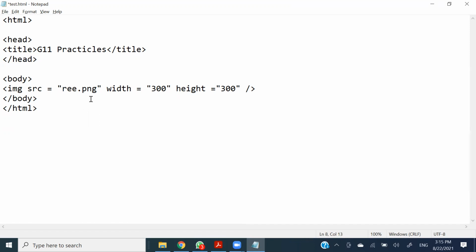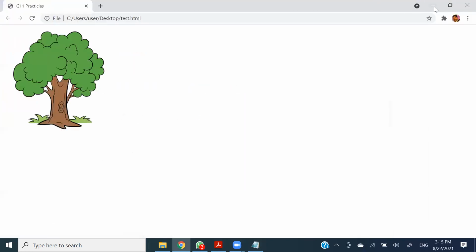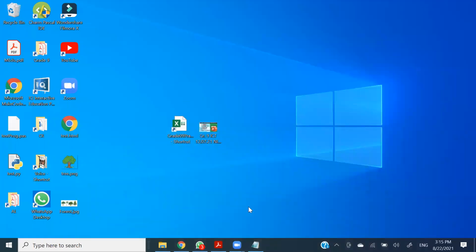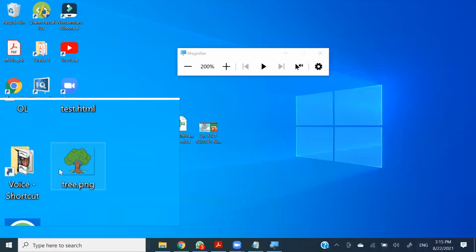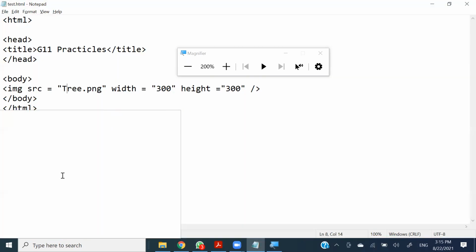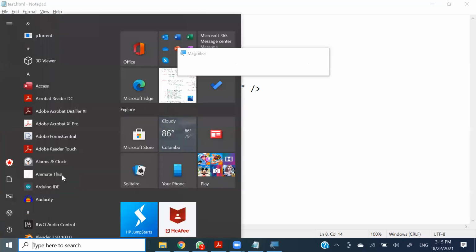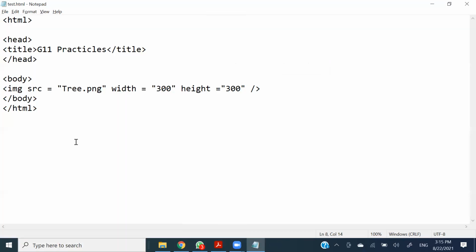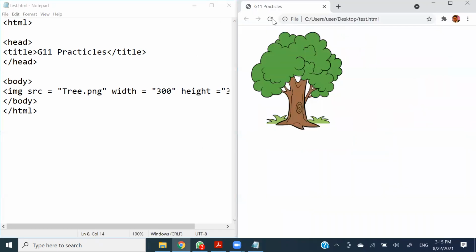So as a mistake, I am making this tree, the first T, a capital one, right? So I'm saving it. I'll show you how the desktop image is there. So it starts with a simple T, right? So now if I save this and if I refresh it,